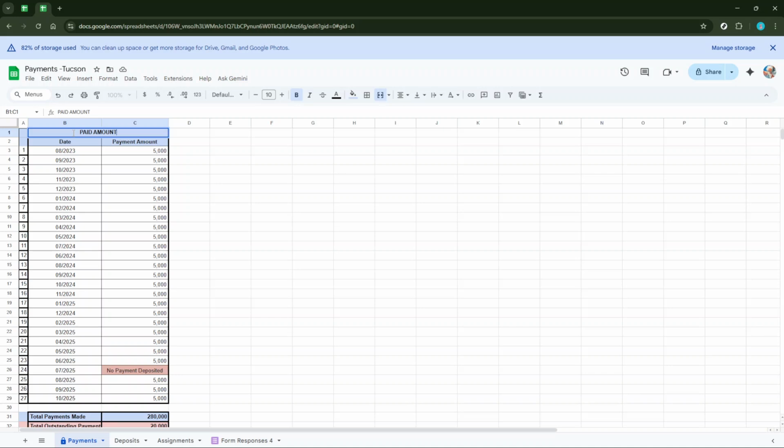A quick tip: pressing Enter here not only saves your changes, but also moves your active cell down to the next row, which might be handy if you plan on making adjustments to your data entry as well.